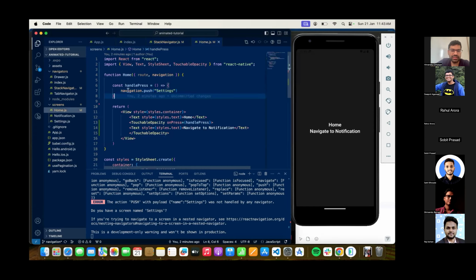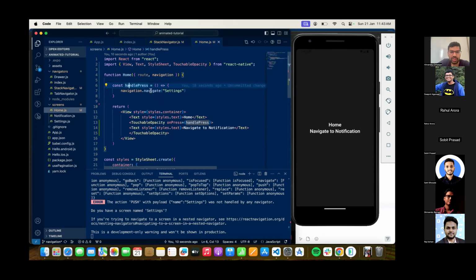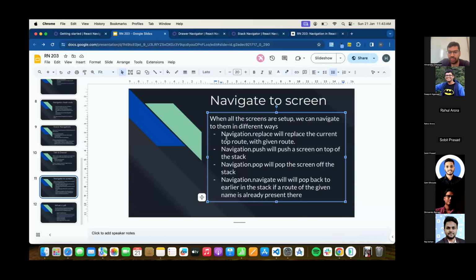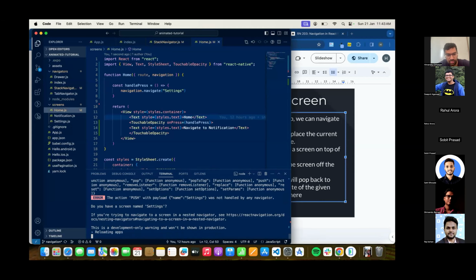You can link screens using navigate.push, and you can also do navigate like this, right? So now if I go to this and then I press back, it is essentially working the same, right? So you can use this and you can use navigate, but what navigate does is it replaces the screen also, right? It will replace a current top route with a given route, right? So this is what navigate is doing. So it replaces stack, effectively pushes, right? So if I reload this app,